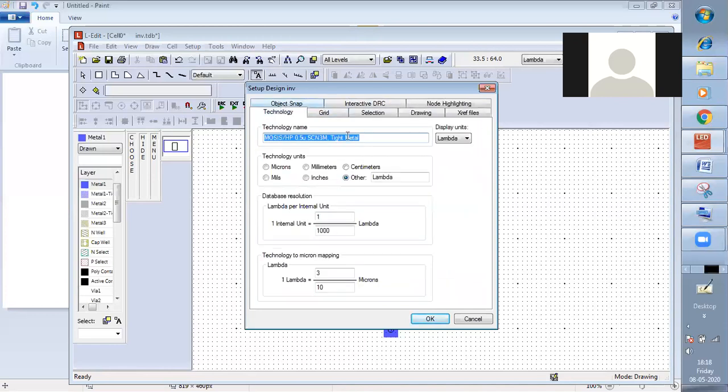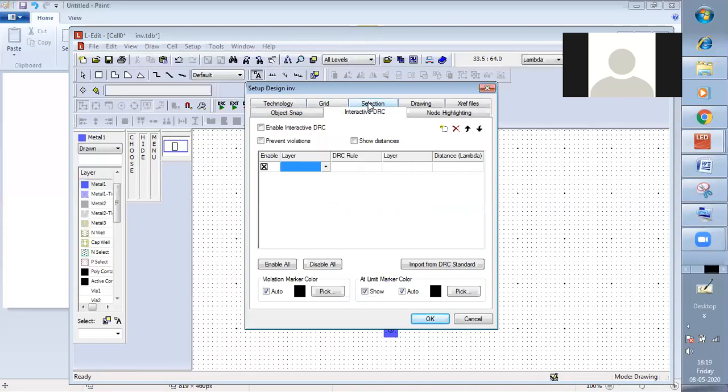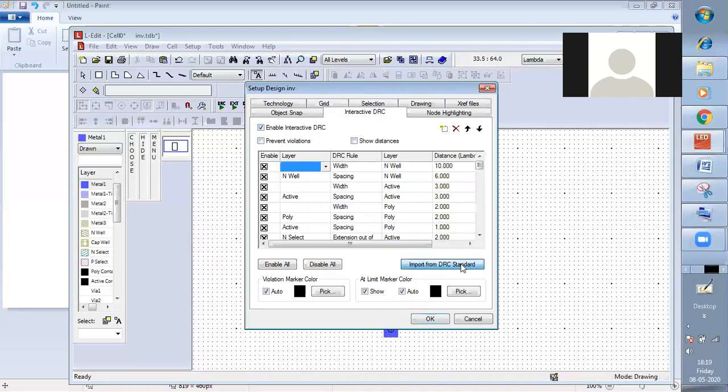This technology is selected, 0.5 micrometer, and interactive DRC is not shown. Enable interactive DRC. Import your DRC standard.